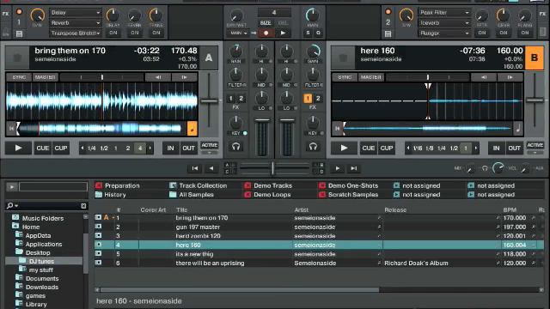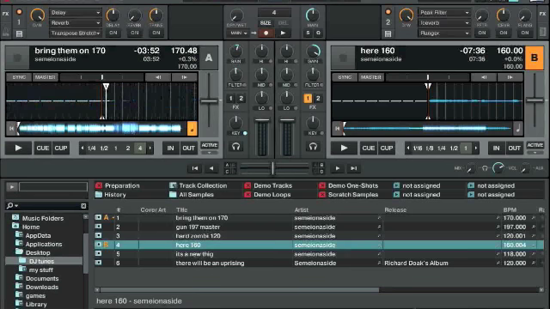So if I push play on this one, we've got a voice, and we should be able to differentiate the voice on this song, and there's no voice on this song, there's just beats. So what am I going to do to make this tune work with this tune, which is the voice? Well, there's a little button on either side called sync, and if I push the sync button on just one of them,